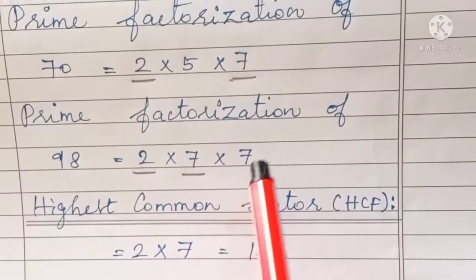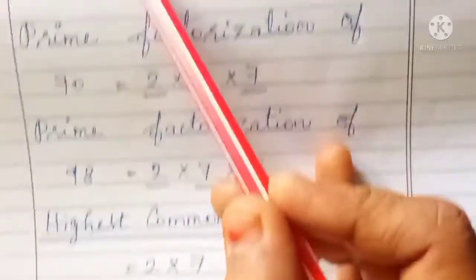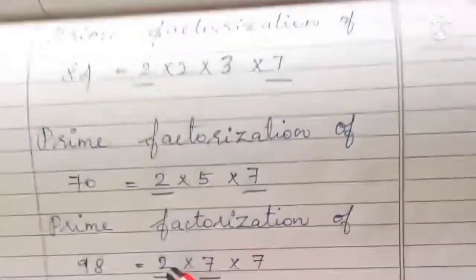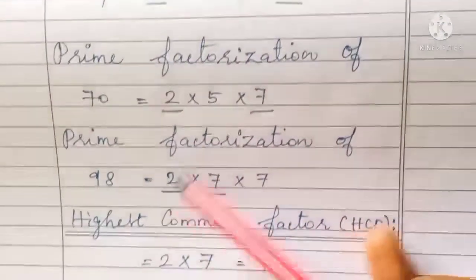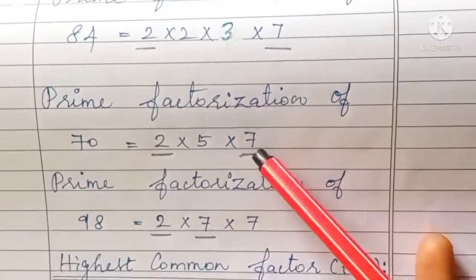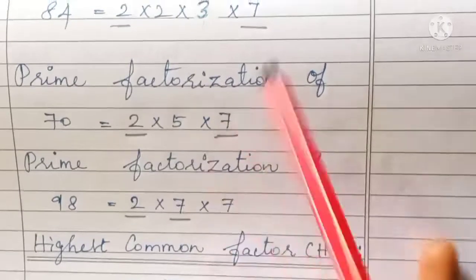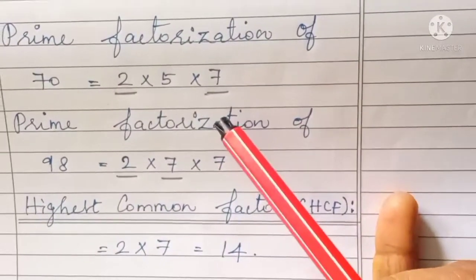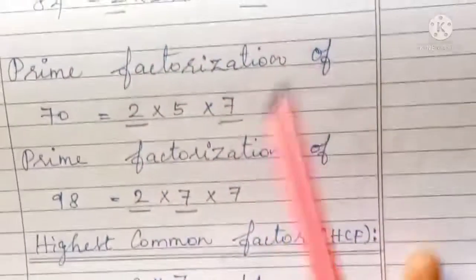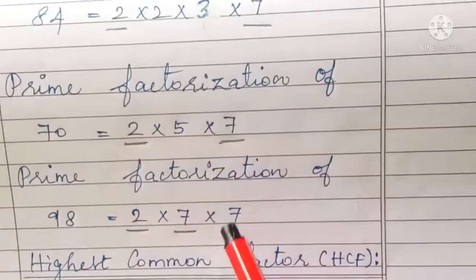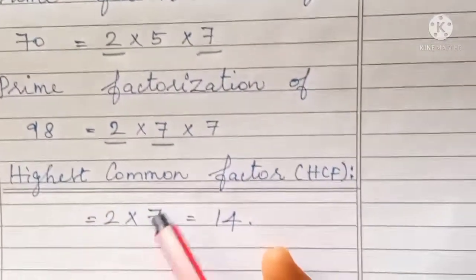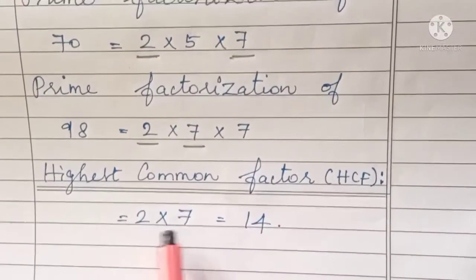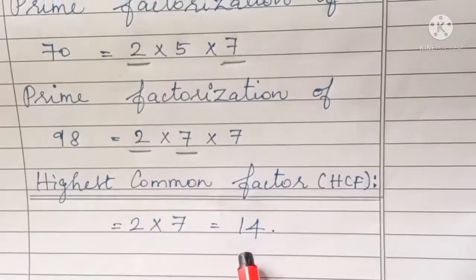Dear children, look carefully. Here also 2, 2, 2. So this is a number which is common to the three numbers. The same way 7, 7, 7. Okay, 7. So please underline that, which is easy for you to write. So 2 and 7, those are the two numbers which are common to the three numbers. So the highest common factor, 2 into 7, will give you 14.